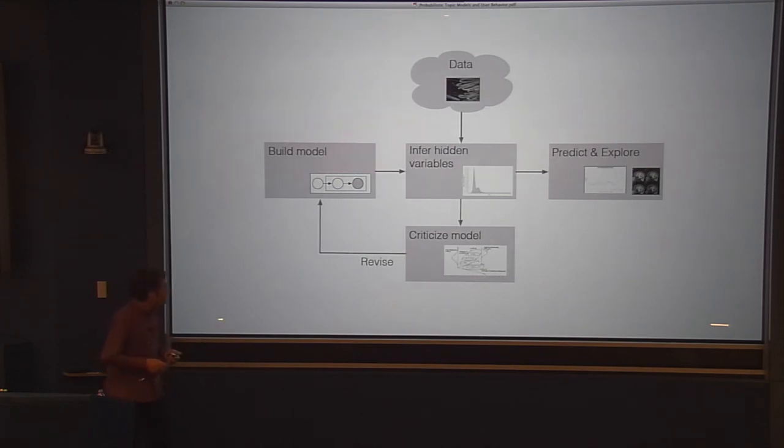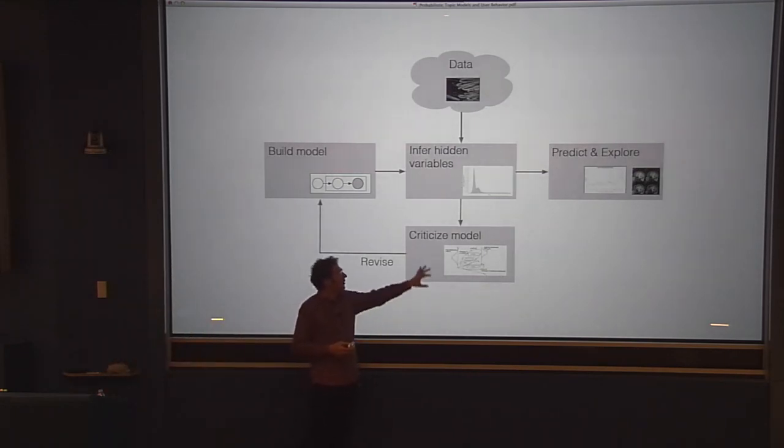There's something else we need, which is to revive the lost art of model checking, model criticism, and model revision. And so this is really not just a one-shot deal. If it takes us 5 years to come up with an algorithm, at that point, you're married to your model, right? There's no going back. But really, it